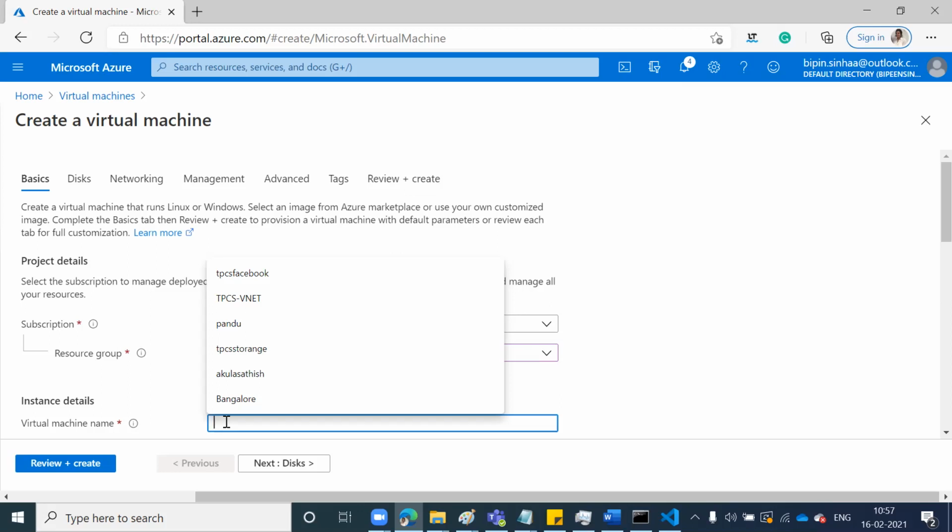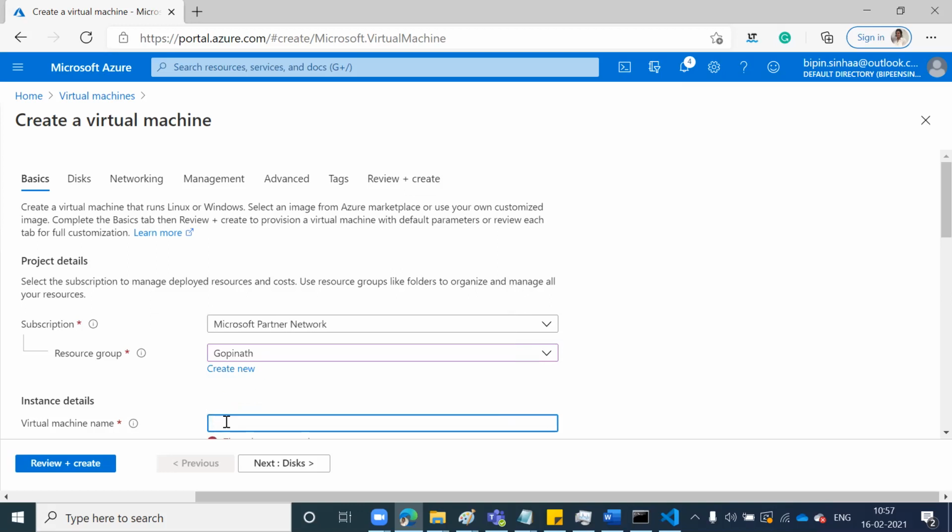Okay. So my company is TPCS, Tech Place Consulting Service. So all the VMs which we create, we start the name with this. Just type TPCS hyphen. Let's say this is for the HR department. Just type HRD hyphen. Let's say we are going to make it a web server. So just type 3 characters, WEB. Then let's say it is server number 9. So just say SRV09. Understood now? Yeah.